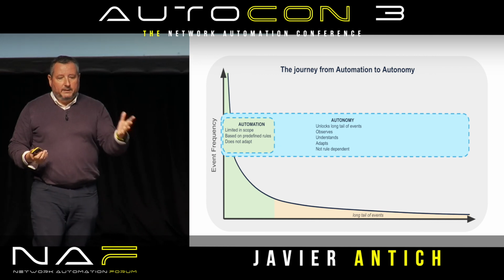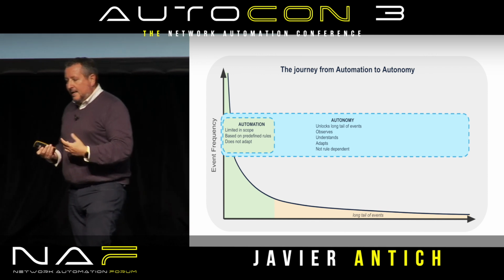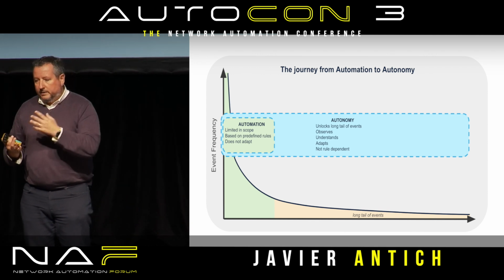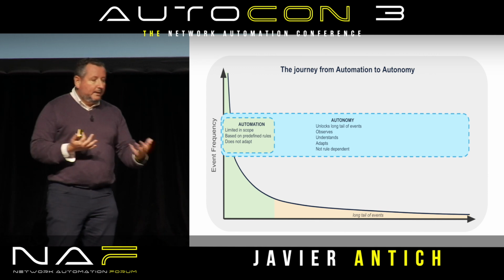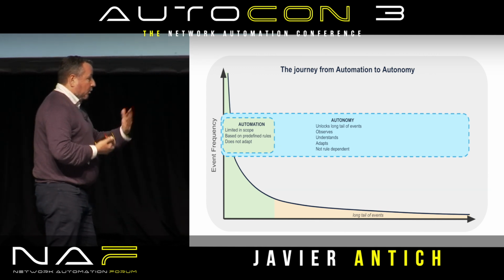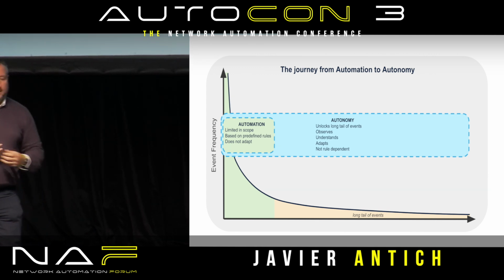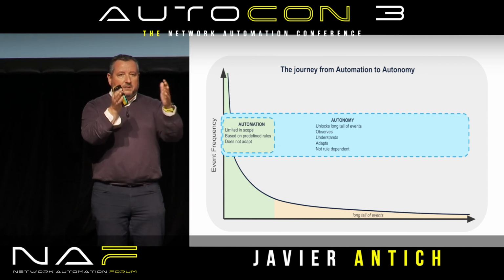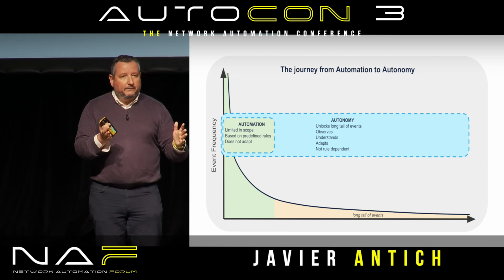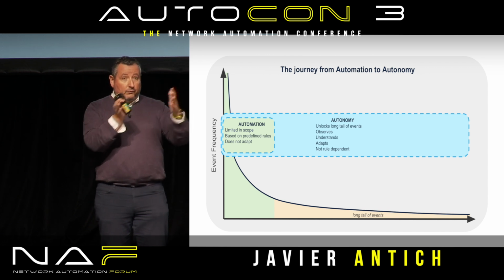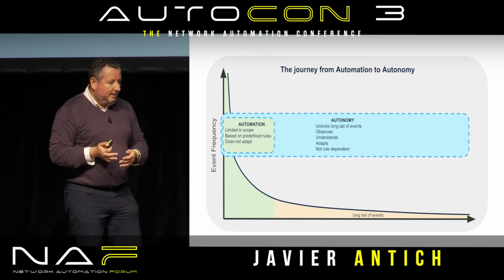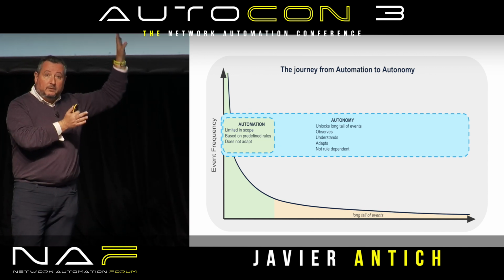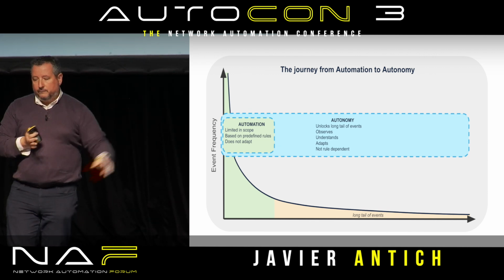Automation, as we've been discussing over these days, is highly based on rules. Some form of rule, whether it's a workflow, a template, or a closed loop use case. Many cases we create rules for. These are all artifacts that we create to address a specific use case, and that's perfectly fine. But you can only create those rules, as I said earlier for event correlation, for the things that are more frequent, for the head of the curve,